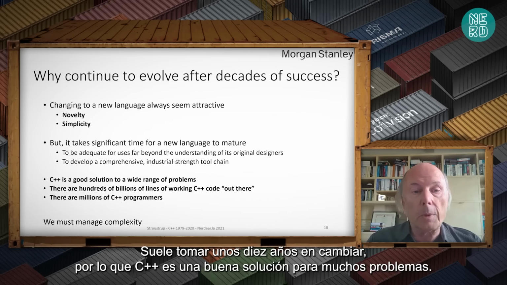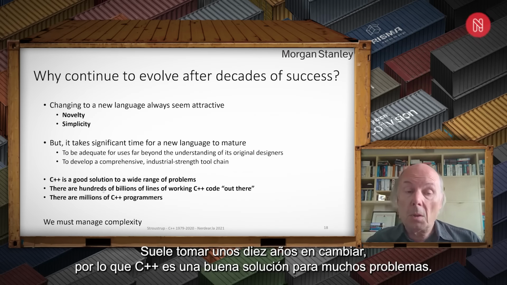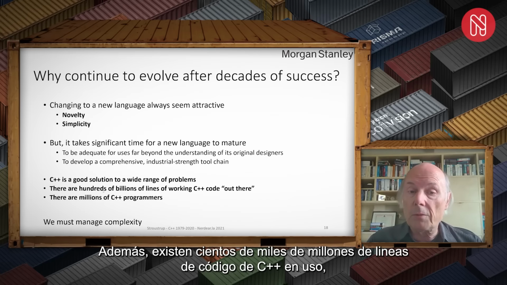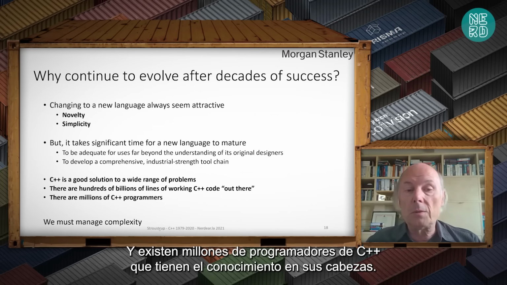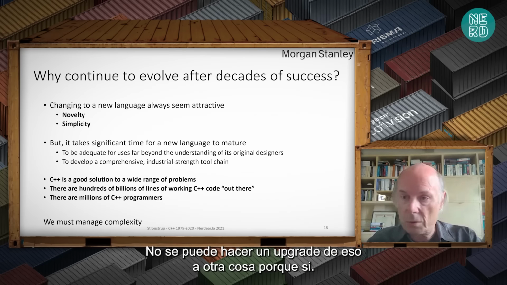It usually takes about 10 years, it seems. And so C++ is a good solution to a lot of problems. Also, there's hundreds of billions of lines of working C++ code out there. It'll just not go away and shouldn't. And there are millions of C++ programmers that carry knowledge in their heads. You can't just simply upgrade that to something else.